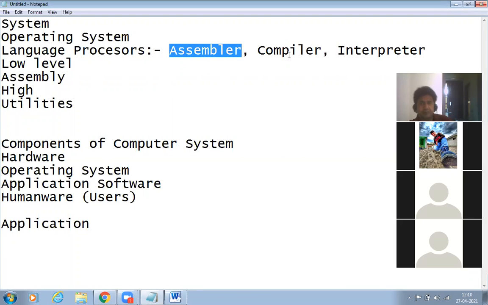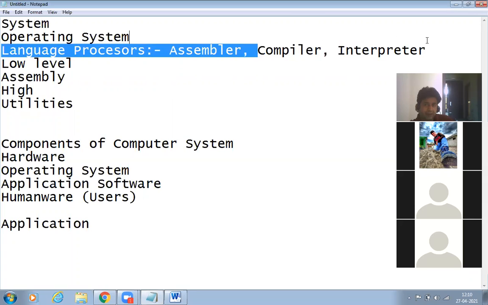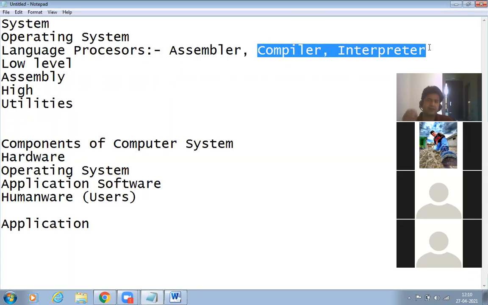But the programs that convert high level language into low level language are the compiler and the interpreter. The difference is that the compiler converts the whole program in one go. It translates the high level language to low level language and creates exe files, so if we want to run the program later on, we can run the exe file.